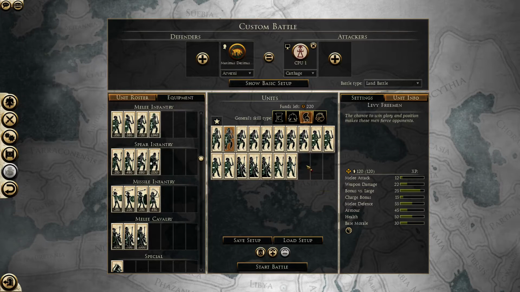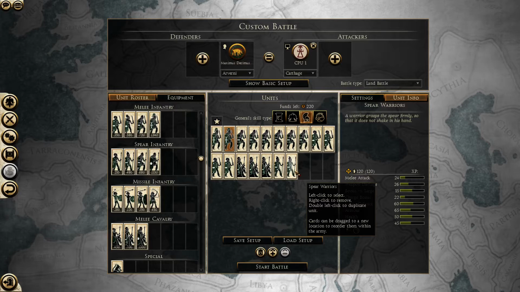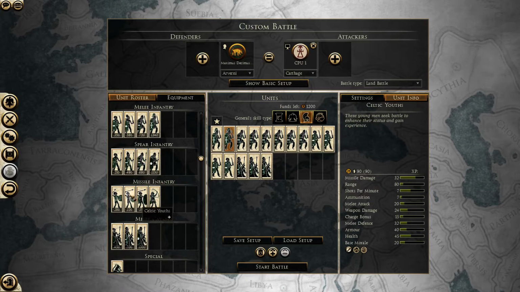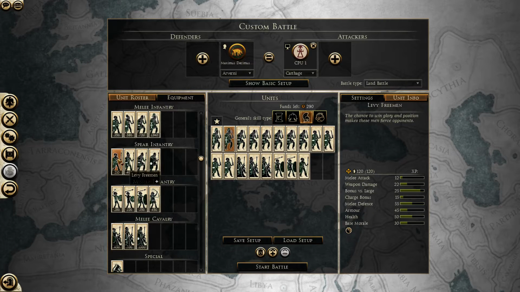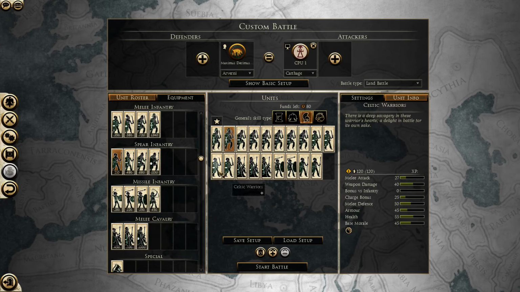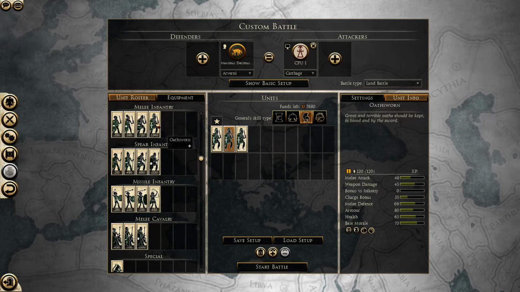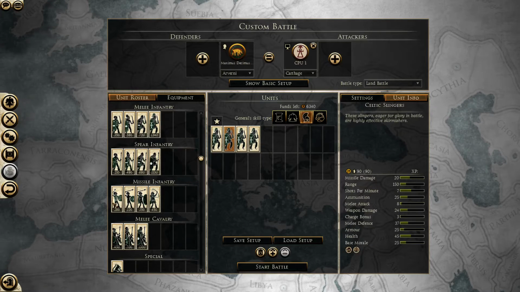If you need to counter, and you think there are going to be elephants and such, you can go for some Celtic Youths or Celtic Skirmishers to protect from elephants. This is a pretty decent Arverni type of rush build. You can also go for a more elite type of Arverni rush, which is going to look...